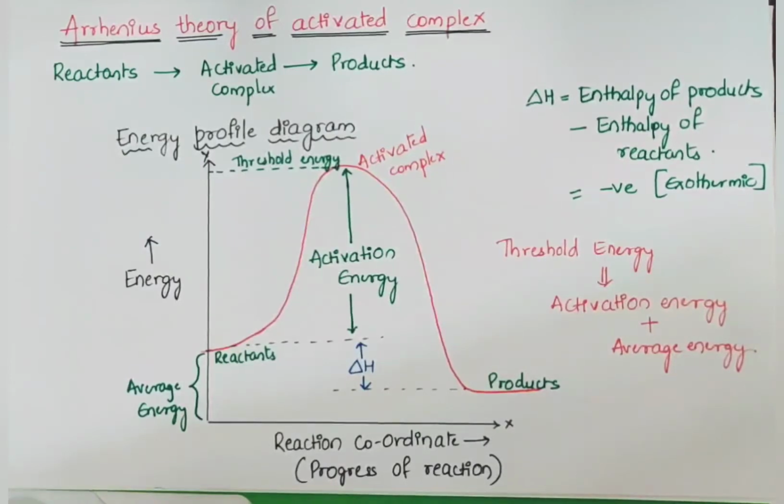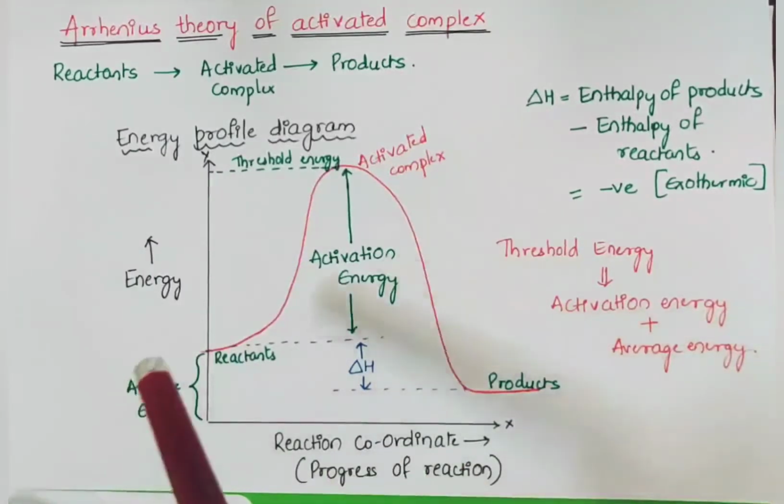This we'll study in detail. There is an energy barrier, referred to as the activated complex, between the reactants and the products. The reactants must cross this energy barrier before converting into products. So the reactant molecules should possess a certain minimum amount of energy to cross this barrier to form the products. We'll understand this with the help of an energy profile diagram.